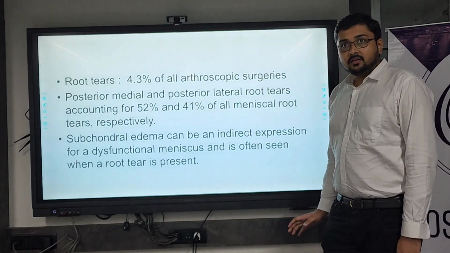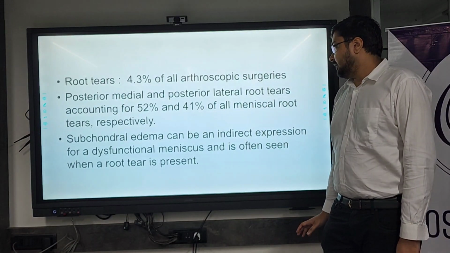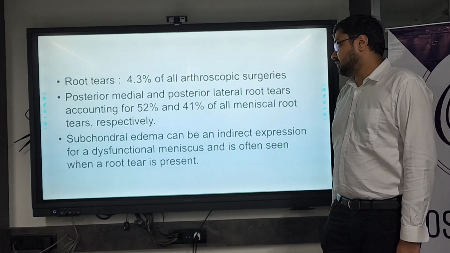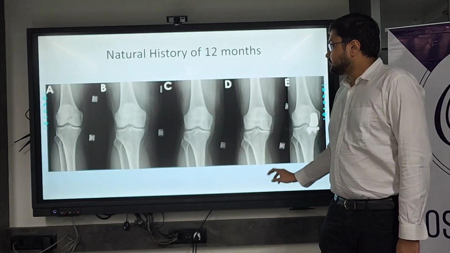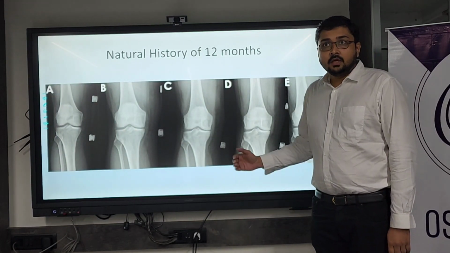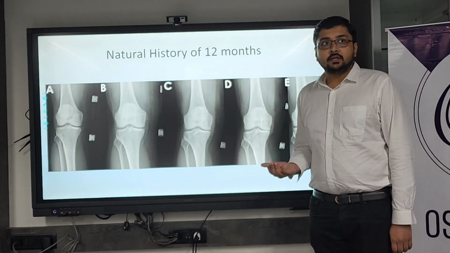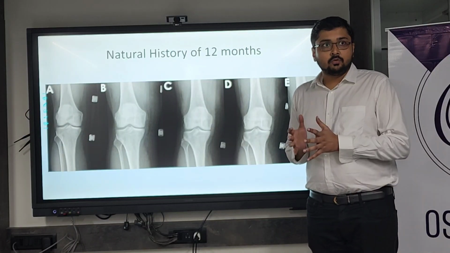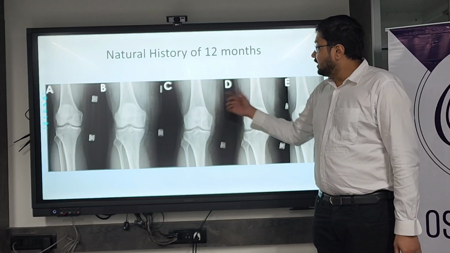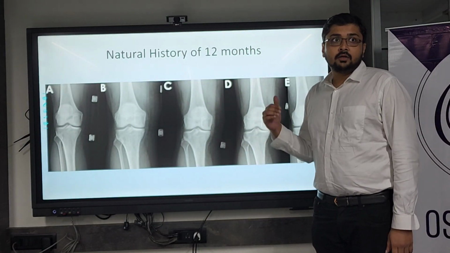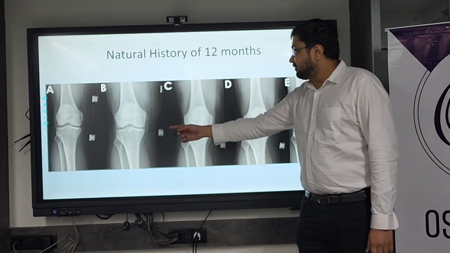So there is subchondral edema, which is an indirect expression of a dysfunctional meniscus and is often seen when a root tear is present. So, if there is a root tear, that will eventually lead to unicondylar arthritis. So there is a natural history of how in 12 months a root tear leads to, like you